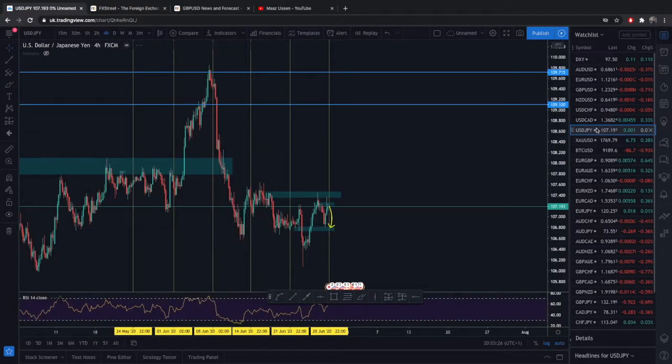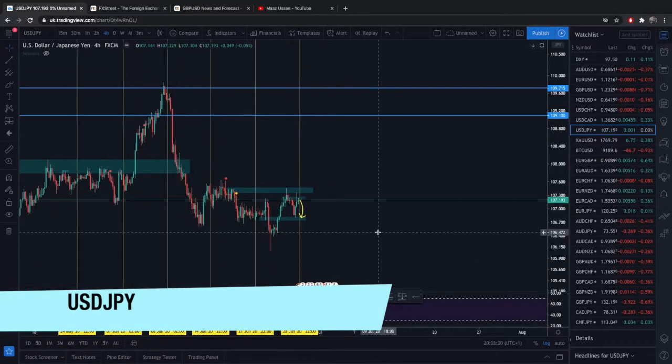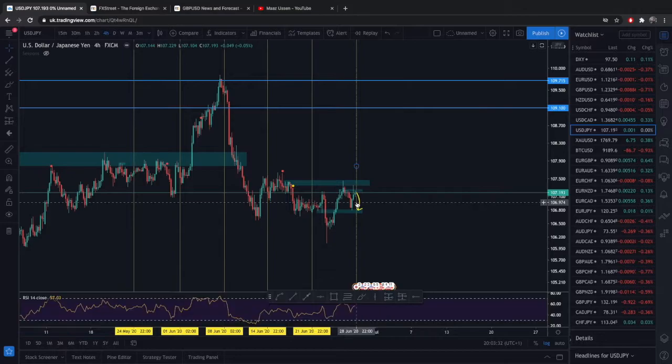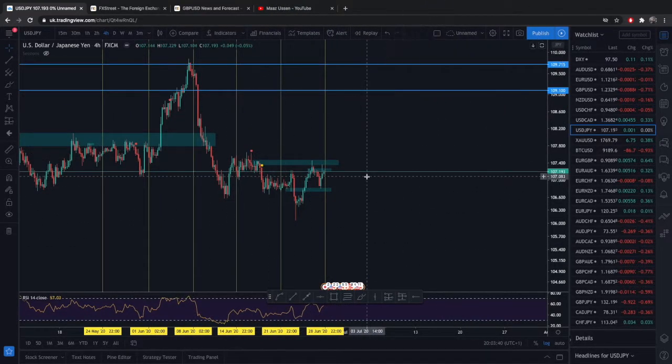Moving on to USDJPY. USDJPY has been quite a fun one over the last few weeks. It's moving quite nicely, a little bit slow, a little bit of consolidated movement, but ultimately for the week ahead, what can we look at? It's not got that wedge forming as some of the other majors do.